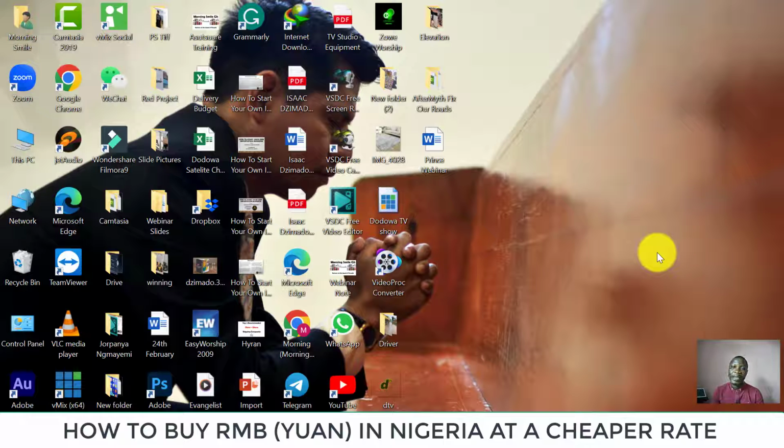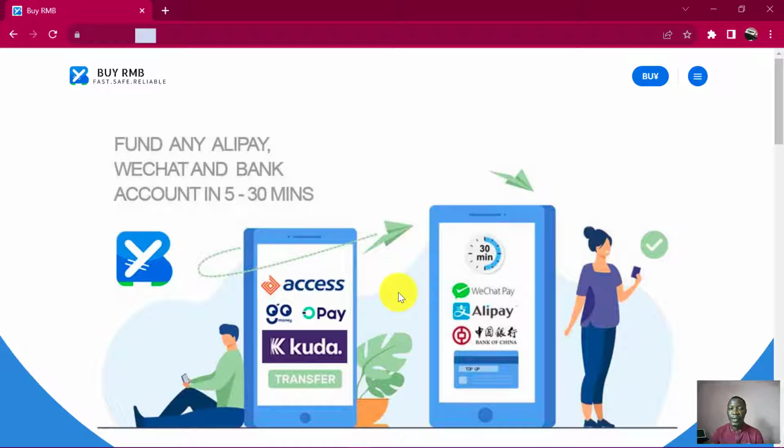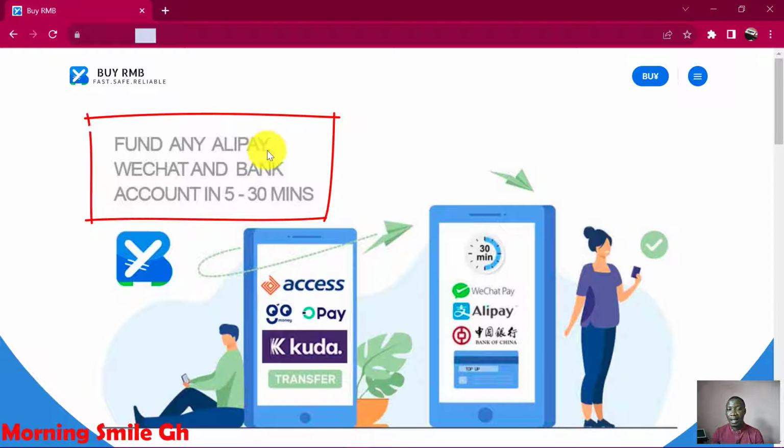So without much ado, you can take your computer system, your laptop or your smartphone and launch your Chrome browser. When you launch your Chrome browser, it opens to this very interface for you. This is the platform that we are going to use to buy RMB into our Alipay or WeChat account. When you get to this interface, they say fund any Alipay,